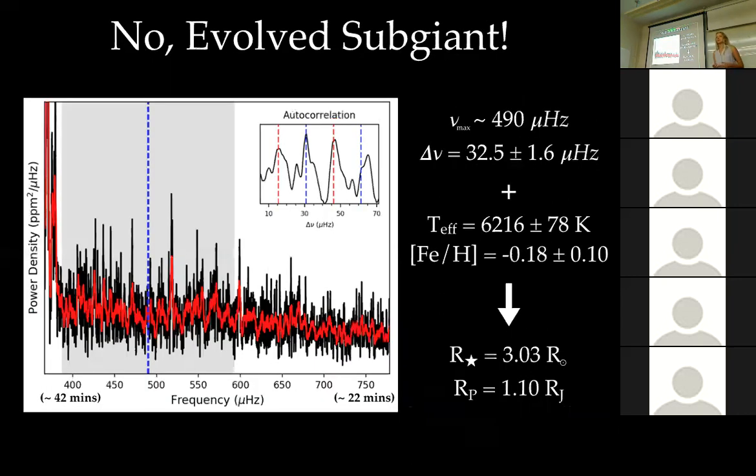Now, my seismic analysis found that KY4 was not a main sequence star, but in fact an evolved subgiant. So it's roughly 3 times larger than the sun. So what I'm showing you here is the seismic detection for KY4. This is a power spectrum, so we have power density as a function of frequency in microhertz. For those of you that don't think in frequency space, I've put a more familiar time scale down here.